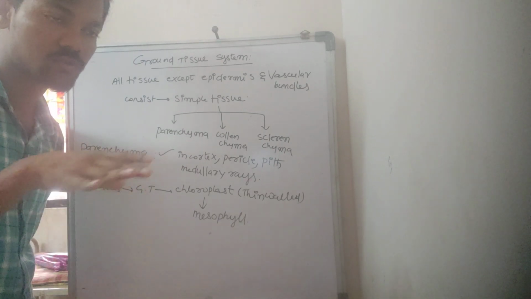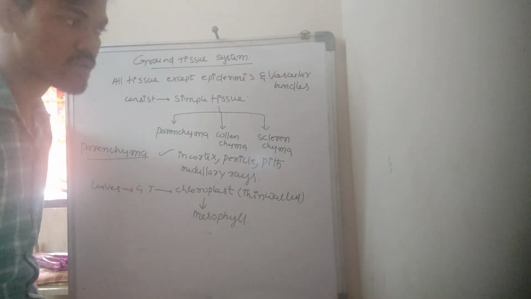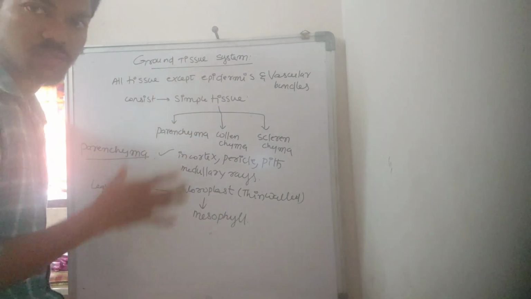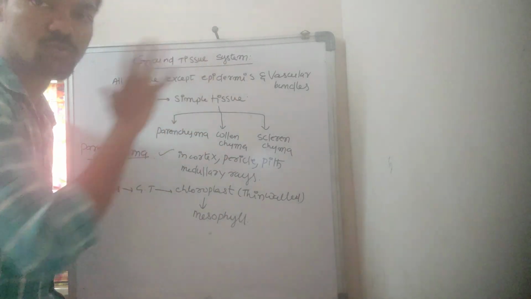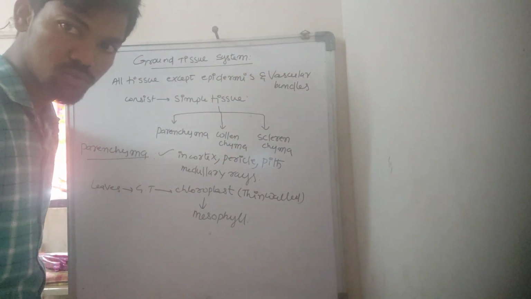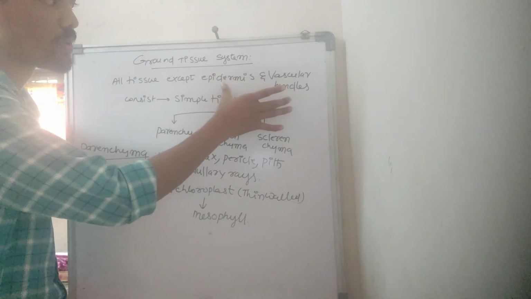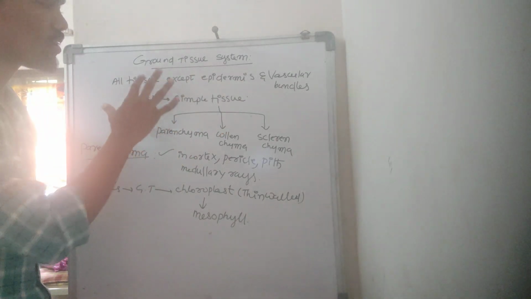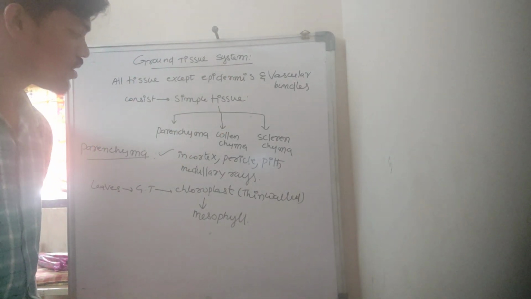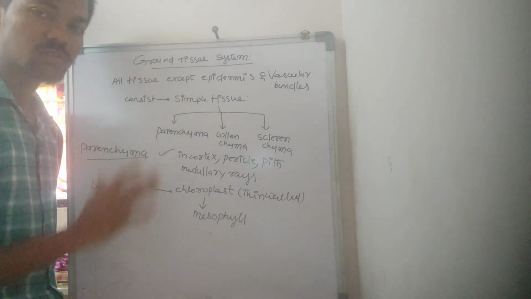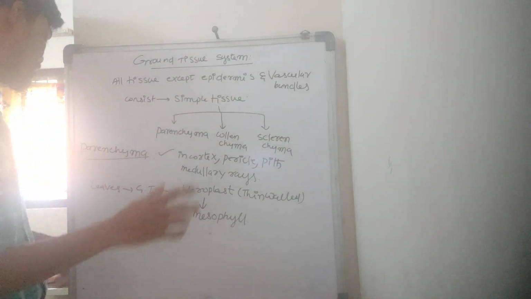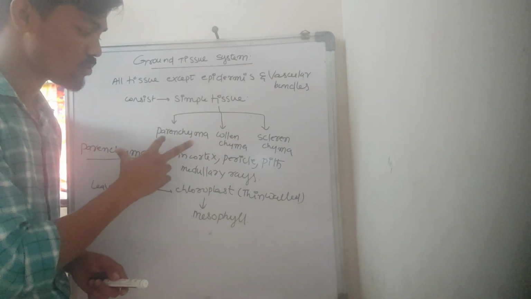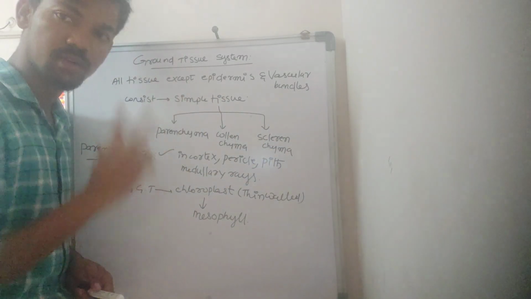The vascular tissue system. In NCERT-based lines, the vascular bundle is there, the epidermis is there, but not completely; the epidermal tissue system is given, and the vascular tissue is there. The exceptions are the epidermis and the vascular bundle tissue system. Except those, all the remaining are ground tissue system. So the ground tissue system mainly consists of simple tissues, which are parenchyma, collenchyma and sclerenchyma.